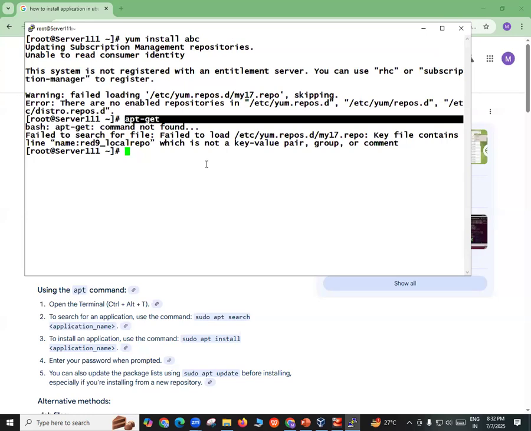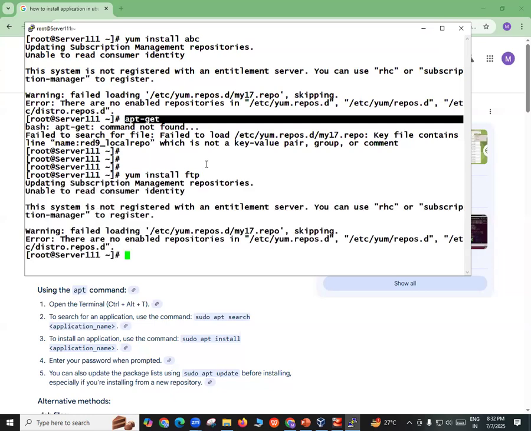So what I'm trying to show you here is in Red Hat server and in Ubuntu server, the work is the same. We are installing applications, we are managing software, we are taking the backup, we are creating the files, we are deleting the files. We do all these activities there. Here also we do all the activities. So commands may look similar. Some commands can be different. So if you go with your Ubuntu server operating system and if you say yum install, let's say you're installing some service like FTP, if we say yum install FTP, and the command is not working in Ubuntu, it shows that the command is not available.